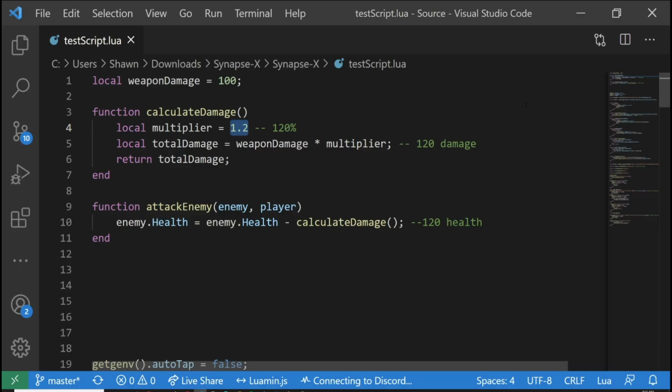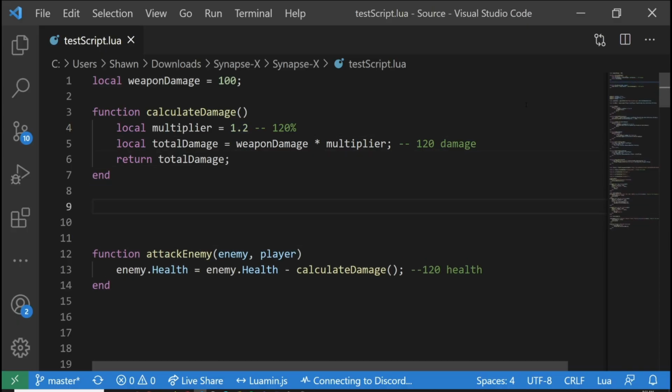Can be included as constants. All right, so how can we modify this? Well, first thing we want to do is actually use this function to get the up values, because we need to understand what index in the function the up value is stored in to be able to modify it. And all that means is you can think of every item that's within a function is essentially in a table, and tables have indexes. So you need to understand which index this weapon damage up